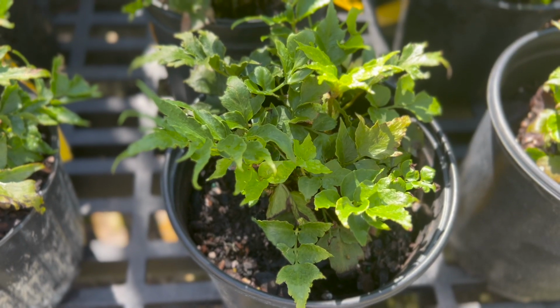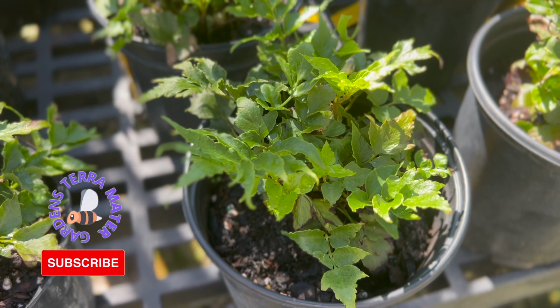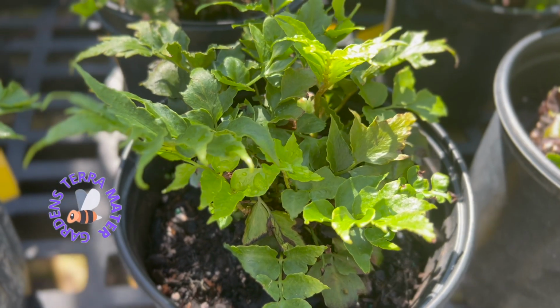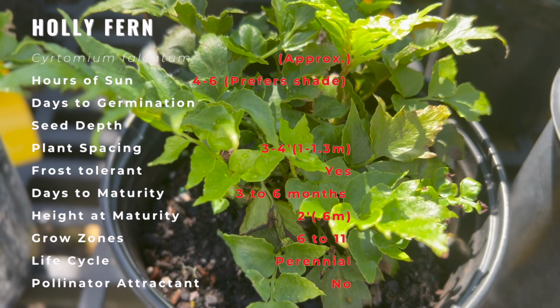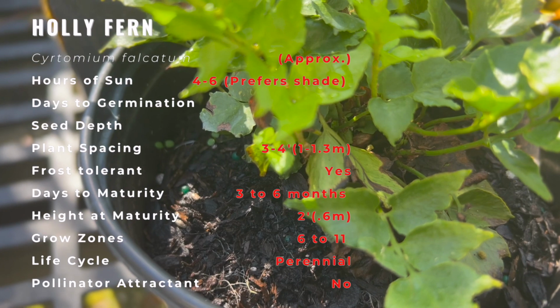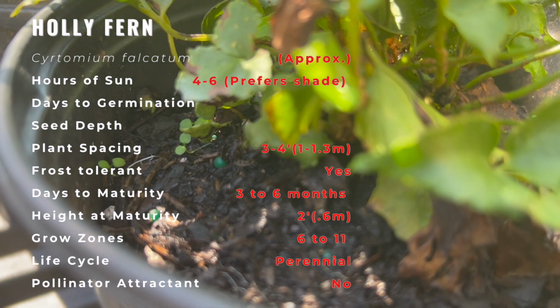Holly fern is a commonly known fern, also known as house holly or Japanese holly. It is native to eastern Asia and grows from crevices in coastal cliffs, stream banks, rocky slopes, and other moist, stable areas. Popular for its hardiness and handsome foliage, this fern makes an excellent ground cover or border edging in shaded locations. The stiff, glossy, dark green fronds of holly-like leaflets with coarsely fringed margins add excellent texture to container